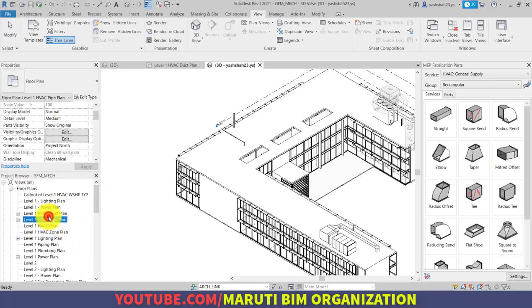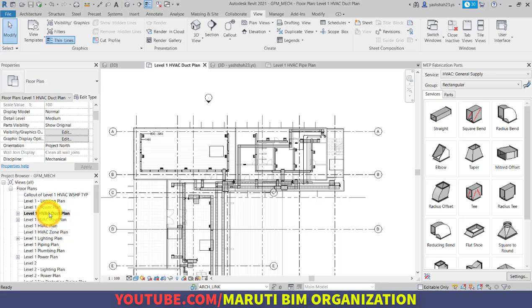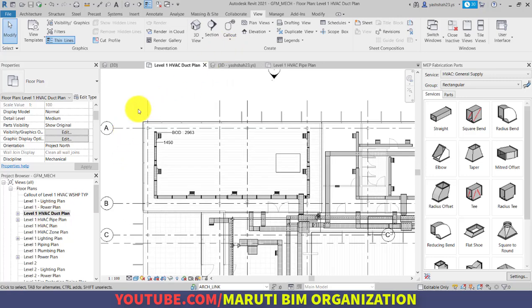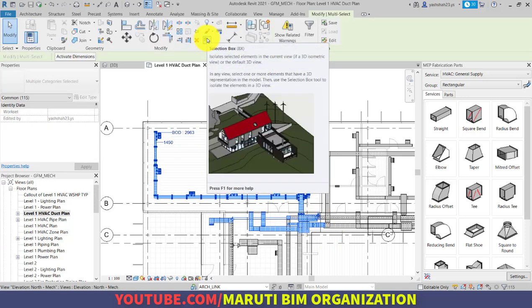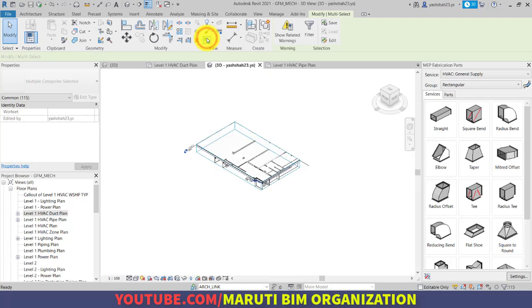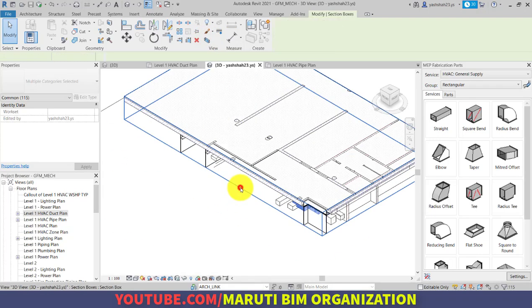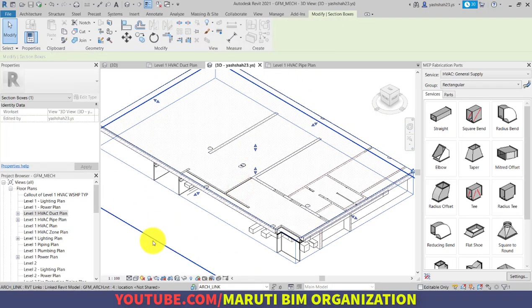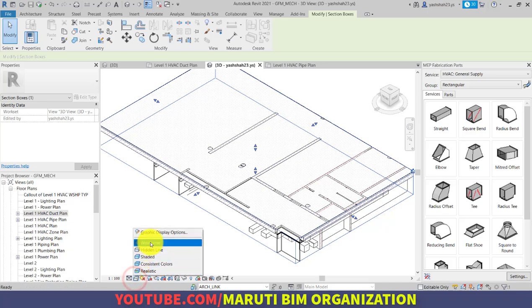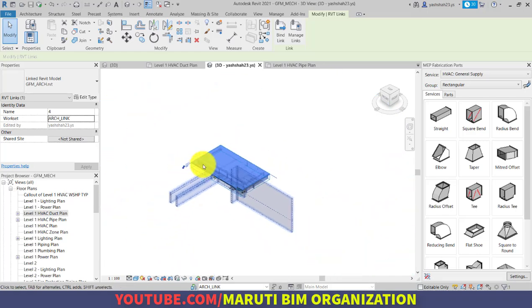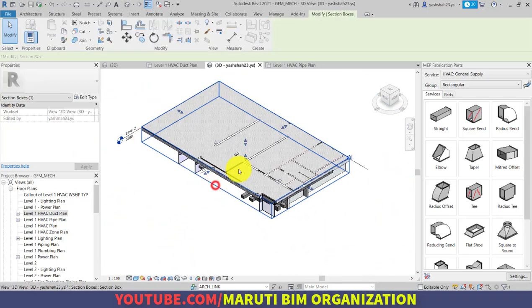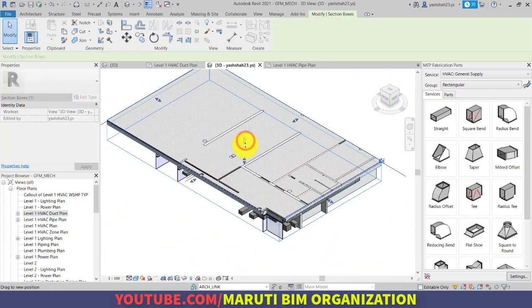So what I will do, I will go to the HVAC duct plan view and select these elements, and that is the option of scope section box. So turn on that option. So the section box will create a 3D element of the selected, then selecting this, and you can click and drag the section box.